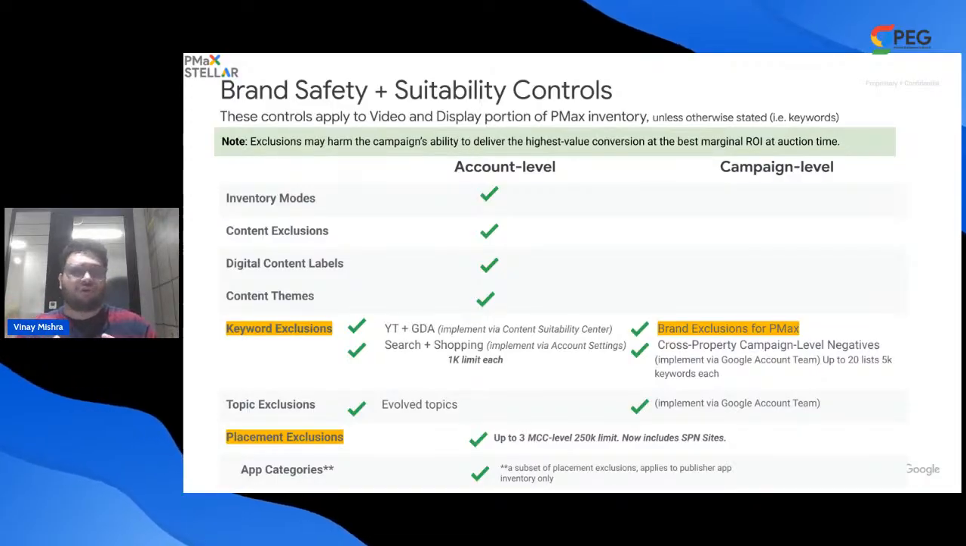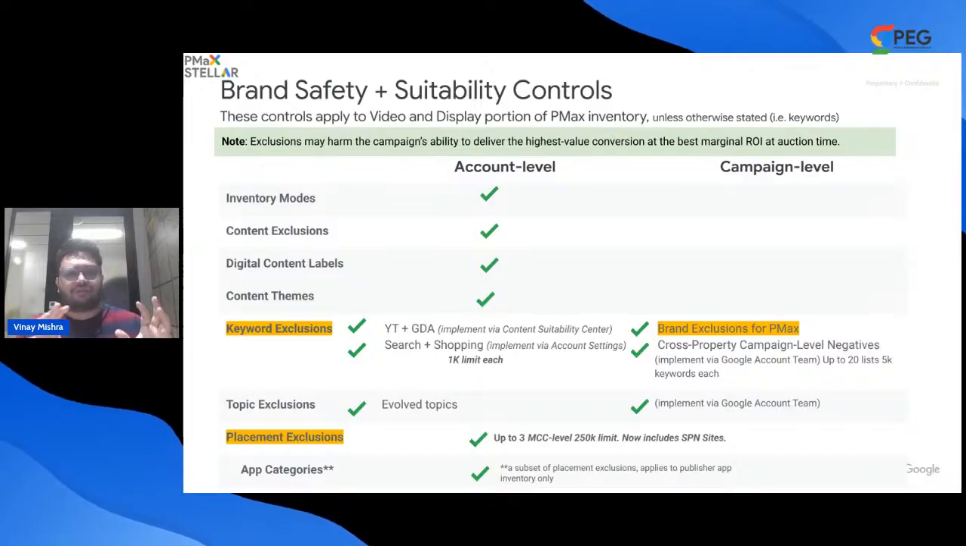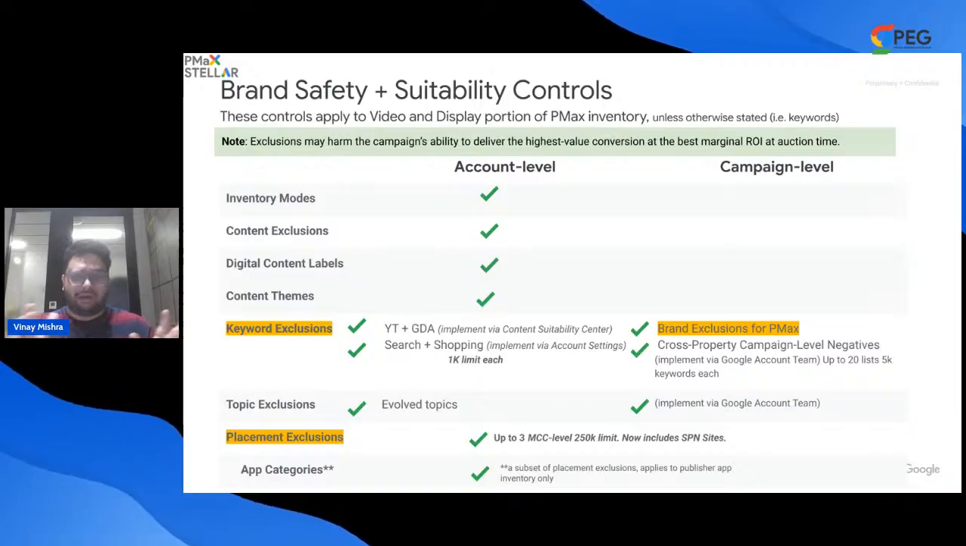And in terms of exclusions, you have cross property campaign level negatives that you can use in place as well. Now, in terms of topic exclusions, which is available, as you can see here on the screen, on your account level, you have topics here, right? And you have placement exclusions and the limit, which is updated here, as you can see,